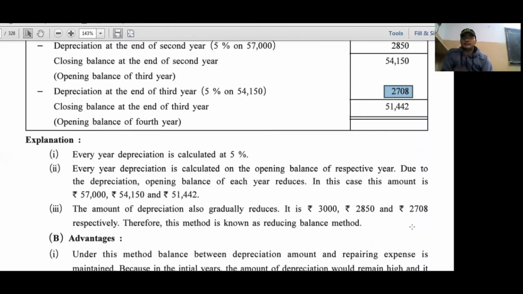And that's why practically written down value is more appropriate. And second question, which method is easy to calculate? Then our answer is the straight line method. Okay,